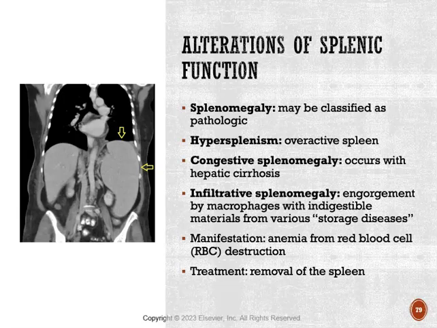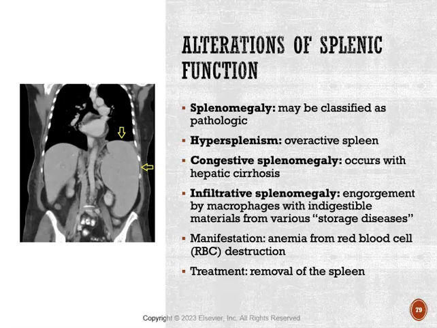which is where we have an overactive spleen, and then it tends to destroy blood cells too quickly, which can lead to anemia and thrombocytopenia. When we have congestive splenomegaly, that is common in hepatic cirrhosis. It results from increased blood pressure in the portal system. If you remember that hepatic portal vein, we might need to revisit that. Let me know if you want to go over that anatomy again.